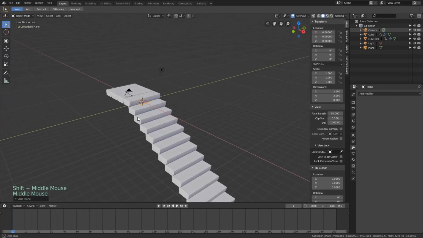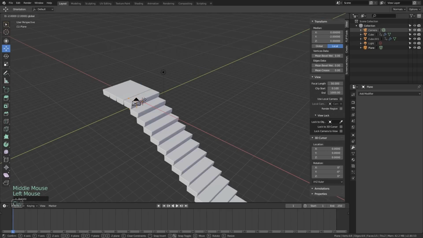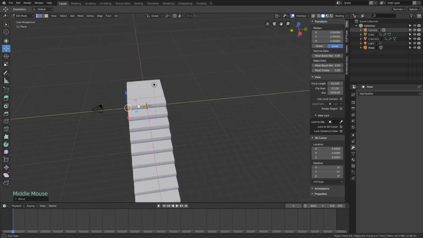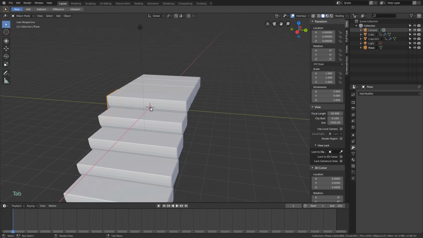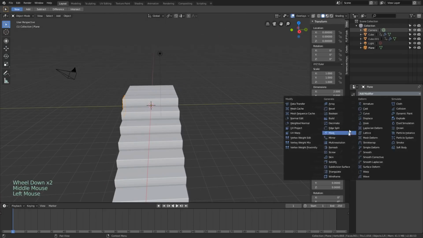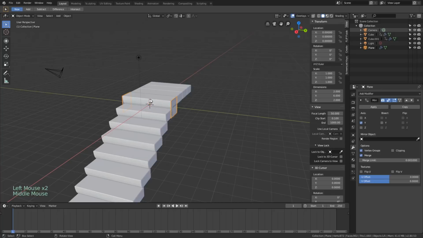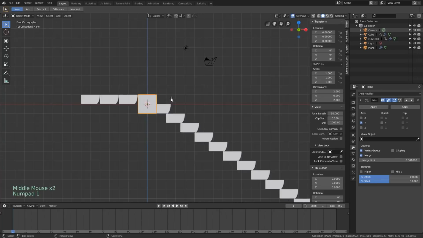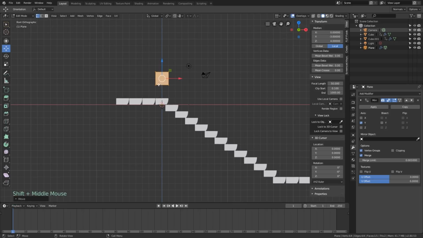I'm going to make kind of my railings first. So then in edit mode, I'm going to press R X 90 to rotate that up. And then in edit mode still, I'm going to drag that over. The reason I'm staying in edit mode is because I want my origin point to stay right there in the middle. Because now I can add a mirror modifier and put it on the Y-axis mirror. Now it mirrors nicely onto the other side. So let's just drag this up. Let's just leave that there for now.